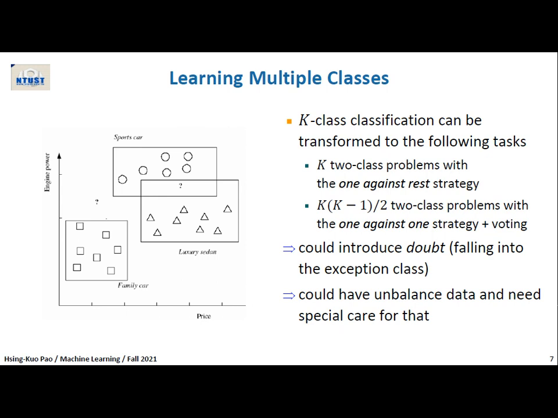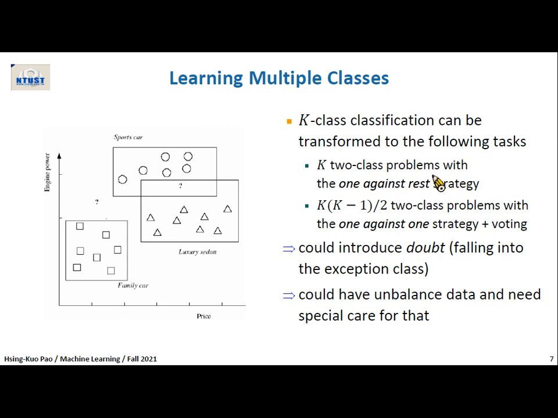Between A and B, we say it's more like A. Between C and D, we say it's more like C. Between B and C, we try all of them. Then voting tells us which one receives more votes, and I think that could be the true answer. You got that? Did you get it?